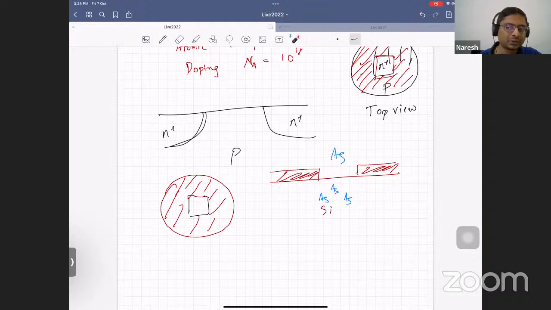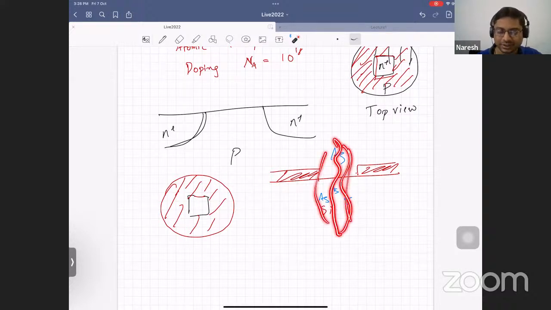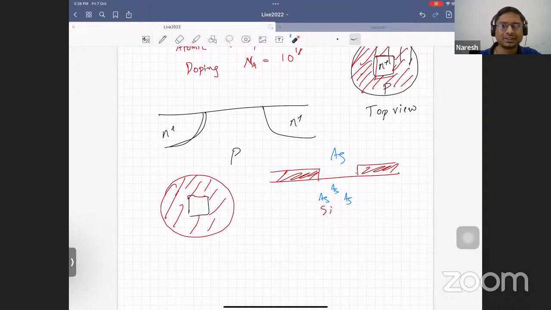But if you do it at room temperature, the diffusion is very, very slow. You have to reheat it to, let's say, 700 or 800 degrees centigrade for the diffusion to be fast. Then essentially the gas will diffuse faster into the substrate, but eventually it's going to be limited. So it's okay to use it in the earlier days, but